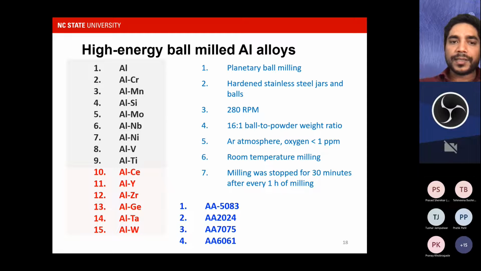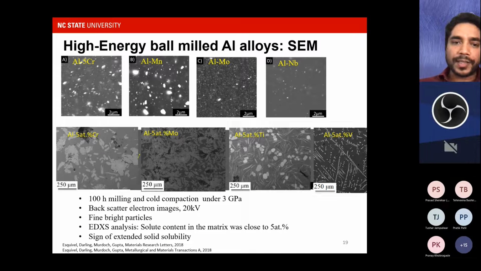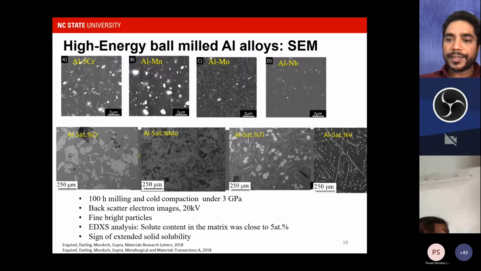So we ball milled these alloys, and ball milling parameters were fixed. So let's not get into those details. You can see in our publications, all these details are given. So these are some examples of how the microstructure looks like. This is aluminum, chromium, manganese, moly, and all these